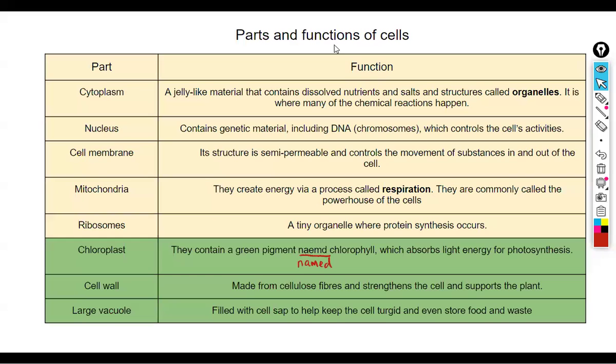Done. So I have one question. Protein synthesis. Remember I told you all proteins are very, very important, and that the ribosomes make proteins. I mentioned that. So I guess the problem is the word synthesis. Synthesis is just a fancy word for making. So you could technically replace the word synthesis with the word making. So I can read it back like this: a tiny organelle where protein making occurs. So don't let the word synthesis get to you. That just means making. But that's a scientific word for it.